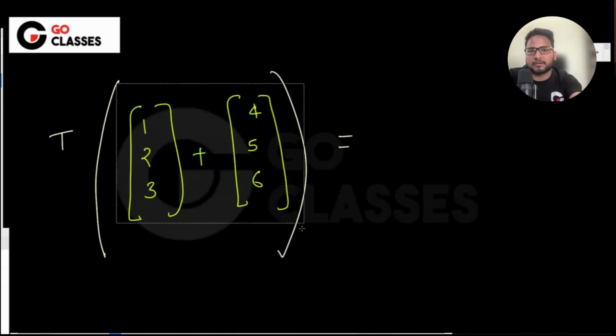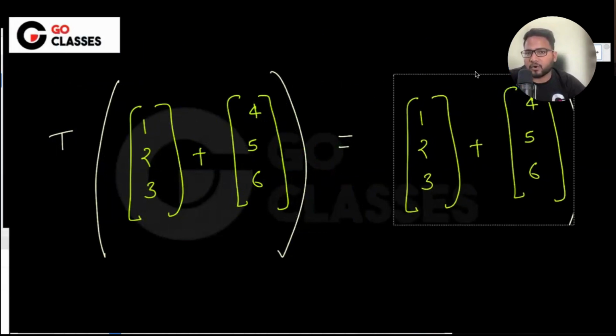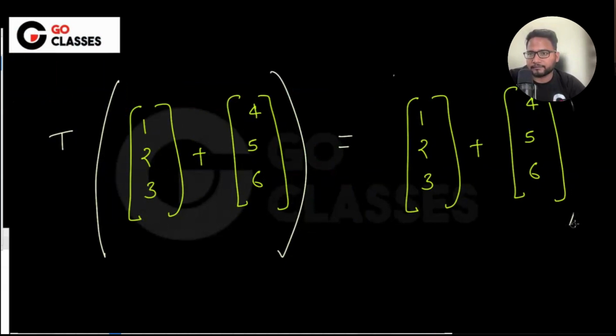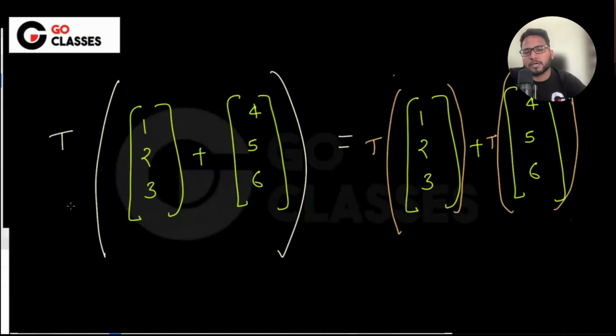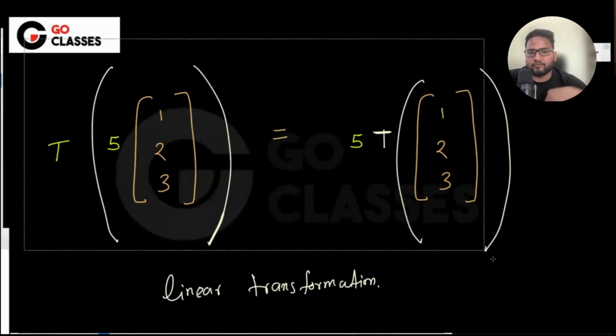For example, something like this. If these properties are satisfied, then we call it a linear function or linear transformation or linear map, whatever you like to call it, right? Which means either you take the transformation after the addition, or you first take the transformation and then you add. Okay, in short, there are only two crucial properties, which is this one